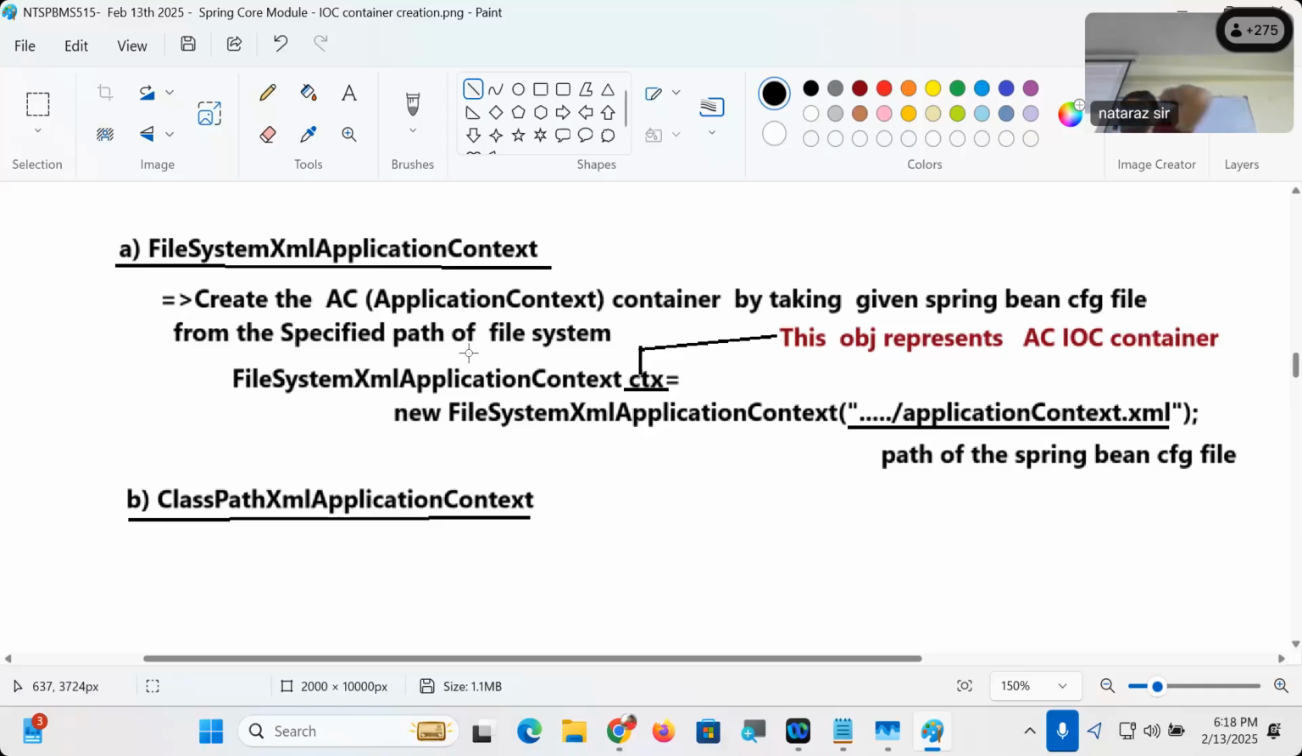You heard about class path? We add jar files to the class path. You might have added the ojdbc8.jar or ojdbc10.jar file to the class path before dealing with JDBC application development. It creates the AC container by taking the Spring Bean configuration file from the folders and jar files added to the class path. And this is best for XML driven configuration and standalone applications. In a standalone application,